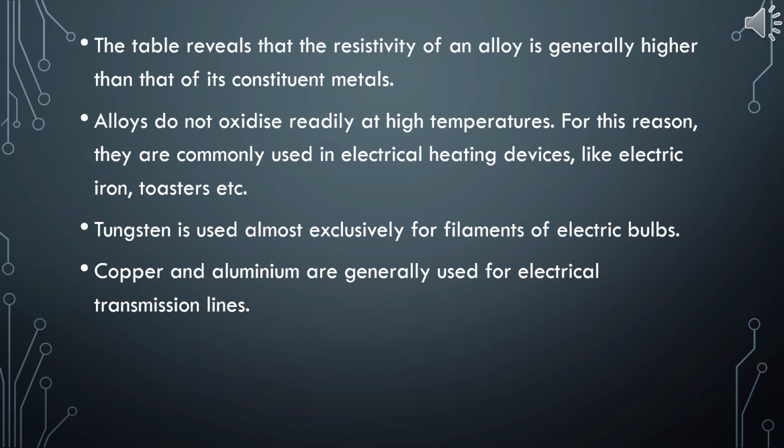So children, in this video you have learned the dependence of current on resistance and the factors on which the resistance depends, and the new physical quantity, resistivity, and its SI unit, as well as how resistivity decides the uses of different types of metals and alloys as well as insulators.